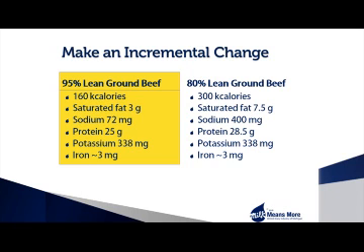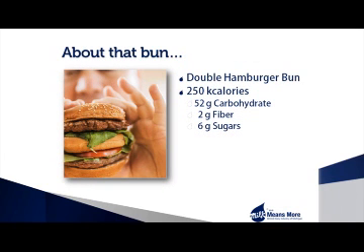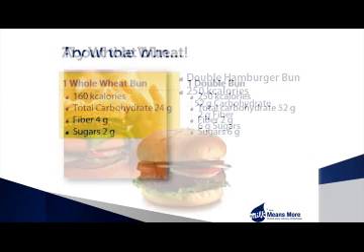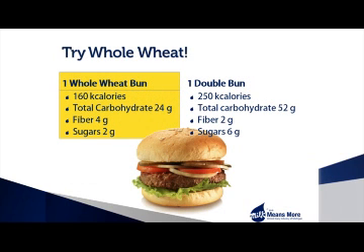What changes can we make with the bun? A sandwich is defined as consisting of 2 pieces of bread with meat, cheese, or other filling. We can omit the middle bun that's currently part of the filling. Further, we can use a whole wheat or other whole grain bun to increase fiber and diet quality. People who prefer the taste and texture of white bread can use buns made from a whole grain white wheat rather than the traditional red wheat. Either way, we end up with fewer calories, less sugar, and double the fiber.